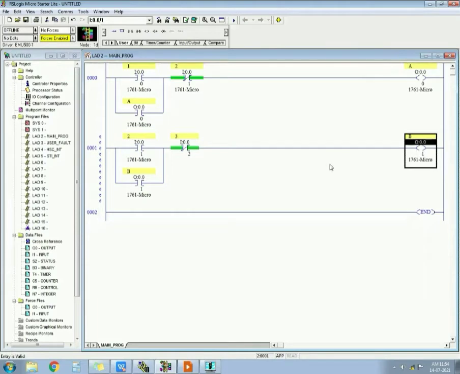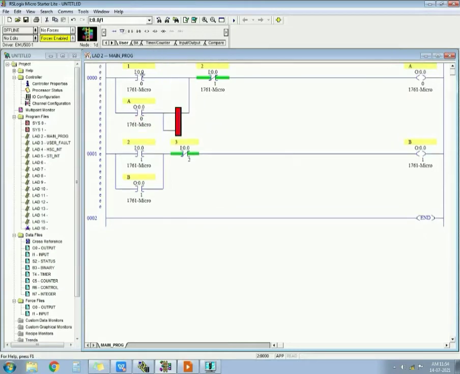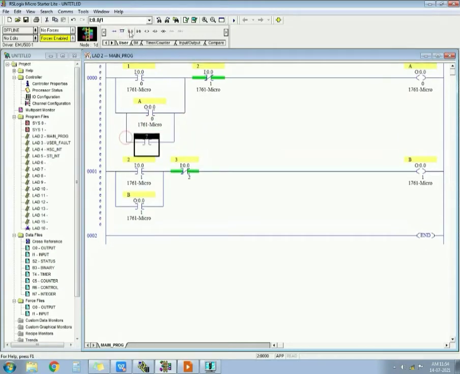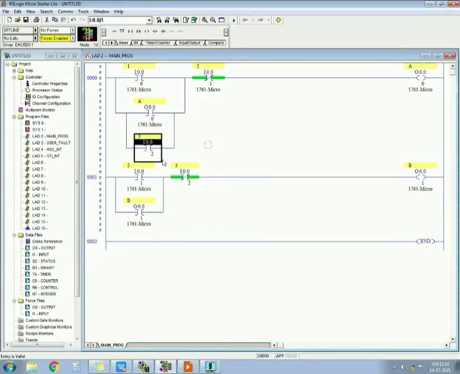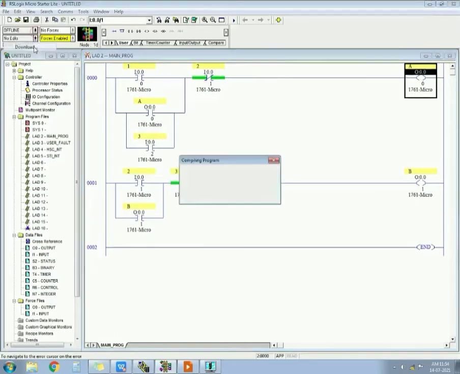Now the other part is that output A should again get on. To make output A on, I have to give supply to output A. So I will take another input in parallel, having the addressing of this third push button. This will just pass the supply to output A again. So I don't have to take output A again in the third rung. I have to switch on this output again. So see whether it is working or not.